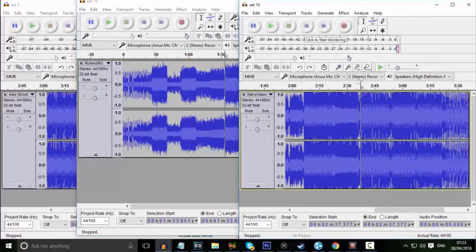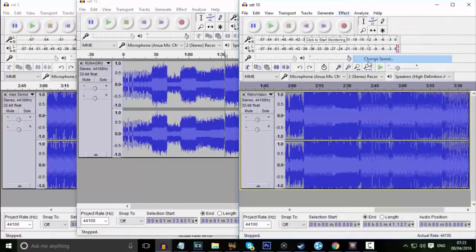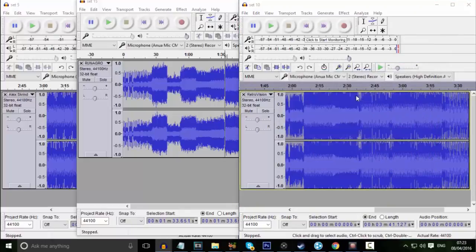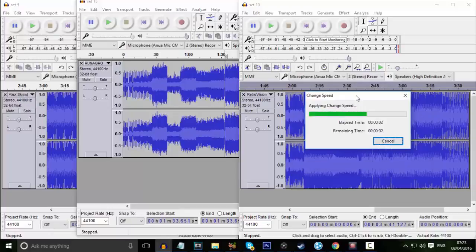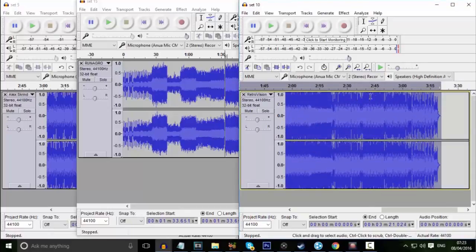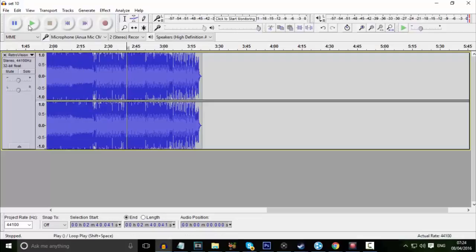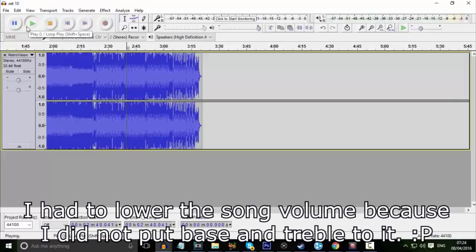So let's go to set 10. Now with set 10, control A like I said, effect, speed, and make sure that's at 10. Since that's at medium tempo, set it to 10, then press OK. Once you're done with that, you should see that it's crunched up a little, squished a little bit, but it hasn't lost any of the tempo and speed. So now if we listen to this one,